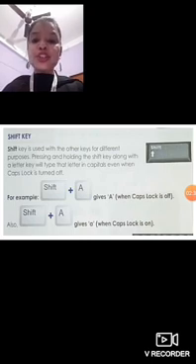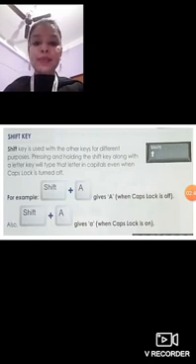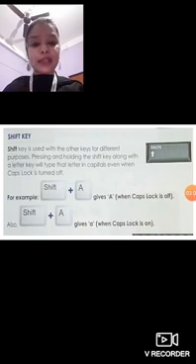The next is the shift key. The shift key is used with the other keys for different purposes. Pressing and holding the shift key along with a letter key will type that letter in capital letters even when caps lock is turned off. So the shift key is also another key to write in capital letters. How are you going to do that? First, to identify the key, the word shift is written on top of the button.